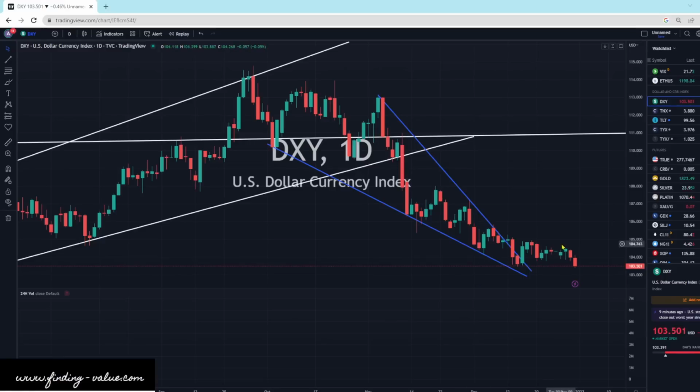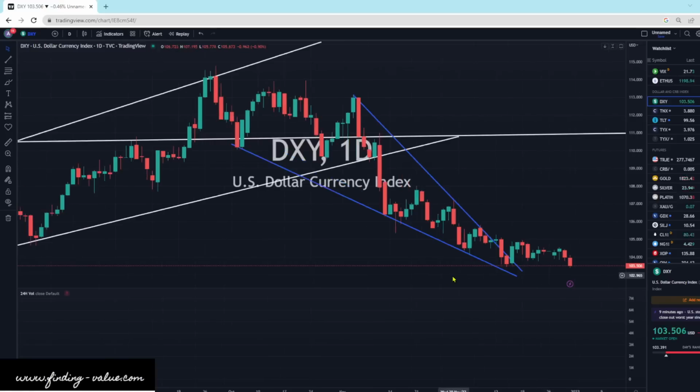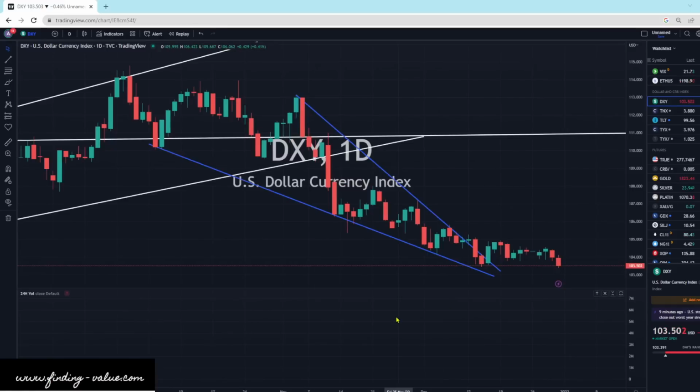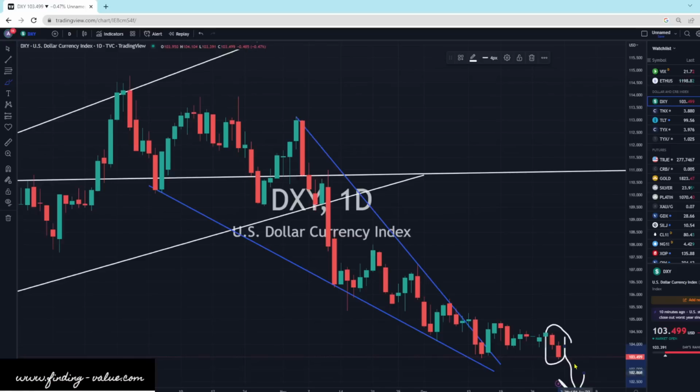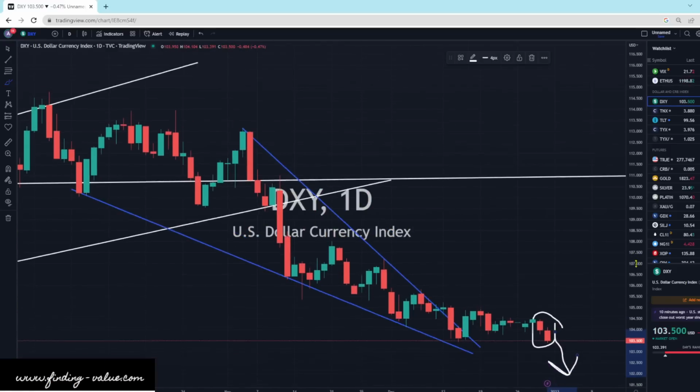So when the dollar declines, generally speaking, when the DXY declines, or when the dollar is weaker than other currencies, it strengthens prices across the commodity and precious metals complex priced in dollars. I'll put it that way. And right now, we've got some weakness showing up in the charts. Now, would I have guessed that this weakness would have come? Probably not based off the chart pattern, but it is coming. And it does look like we could potentially head lower for this dollar index.